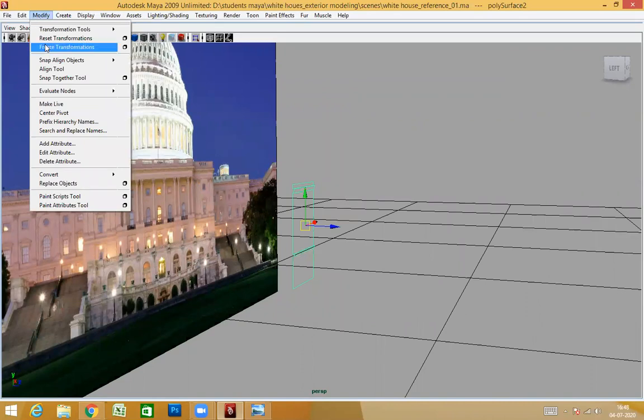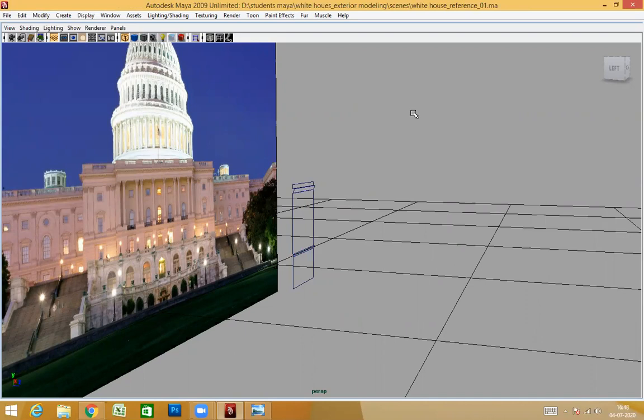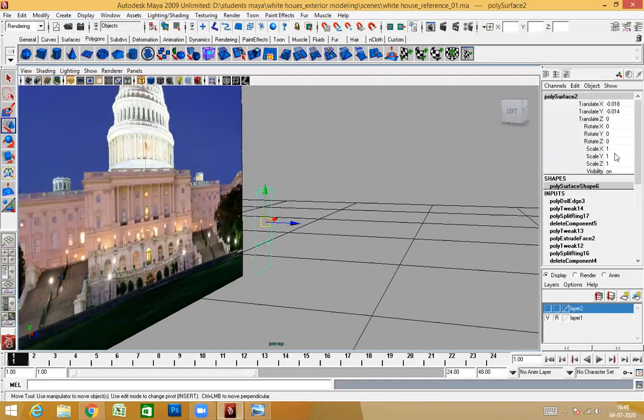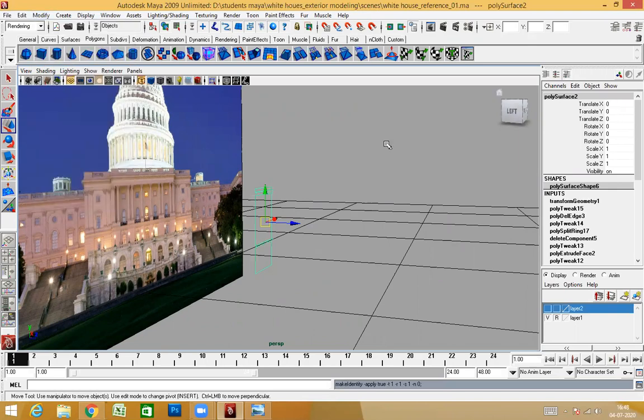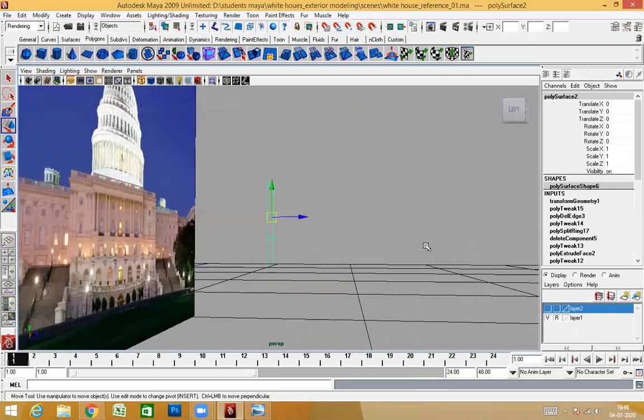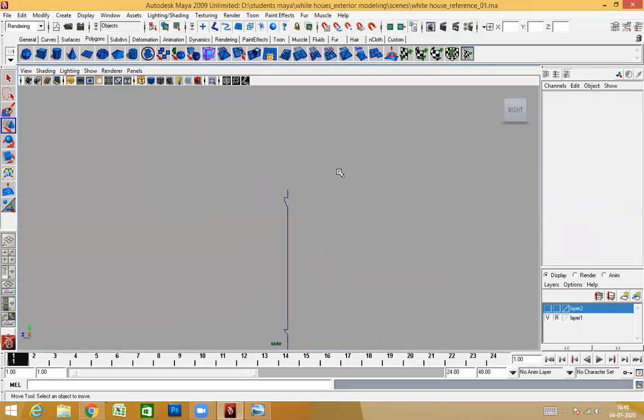freeze transformation. So freeze transformation, what it will do is, after we select this, you see some coordinates came here. Freeze transformation centers this position. That will become 0. That will be their origin position. So freeze transformation, so everything is 0. Now if this object is moved anywhere, if I put 0 here, it will come back to the same place. So yeah,